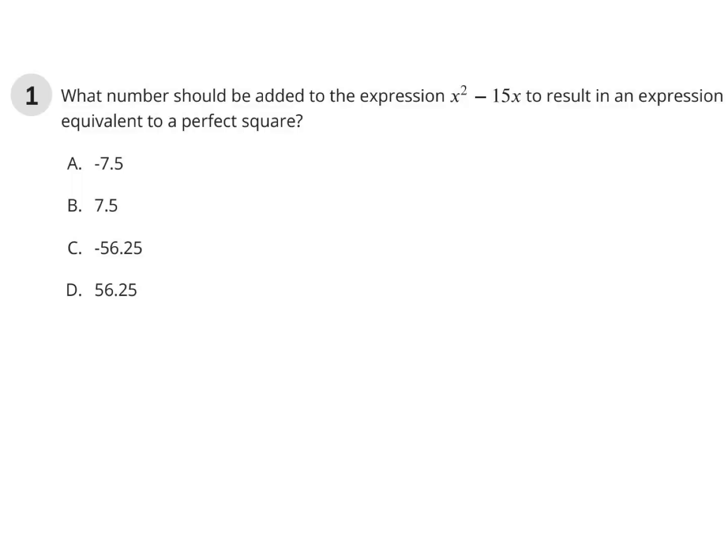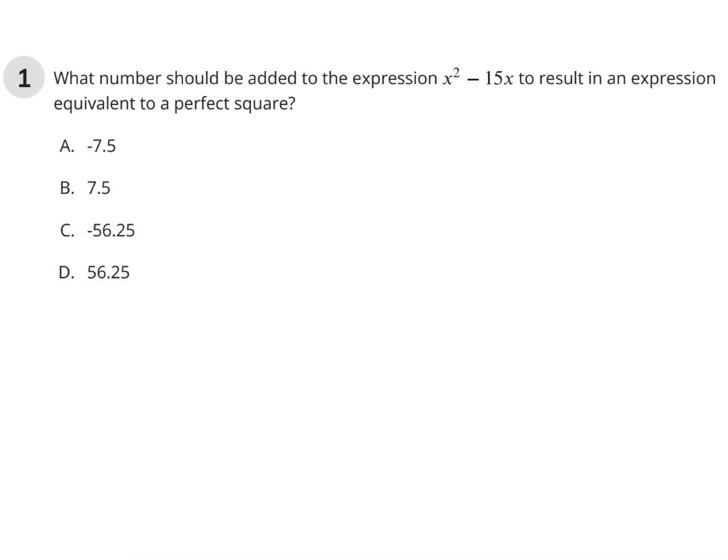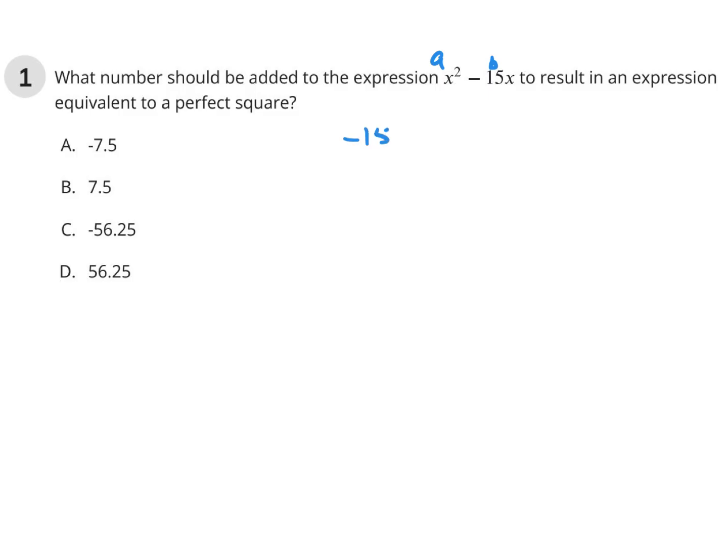Okay, what number should be added to the expression x squared minus 15x to make it a perfect square? We have x squared plus bx. There's no c here. So you take the negative 15, you divide it by 2. You get negative 7.5. Then we square that, and we get